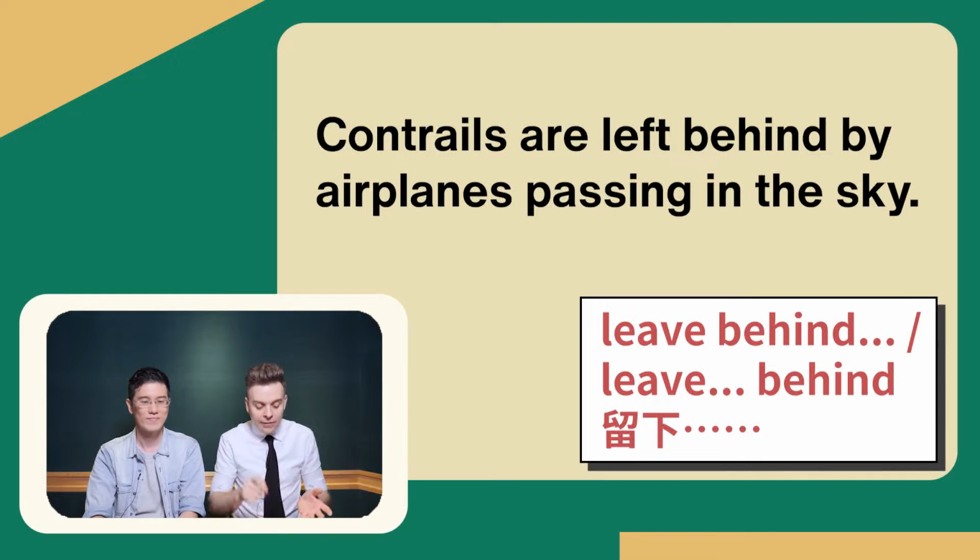Contrails are left behind by airplanes passing in the sky. When we leave something behind, that means we go from a place without taking something. 没错，所以在这边的话，我们先注意一下这个地方。如果你说 leave something behind，就是把什么东西遗留在一个地方。然后我最常做的事情就是把我的伞留在很多地方。那在这边的话呢，它是用被动式的形态。Contrails are left behind 是被遗留下来的 by airplanes，好，是飞机所遗留下来的东西。Passing in the sky，这个 passing in the sky